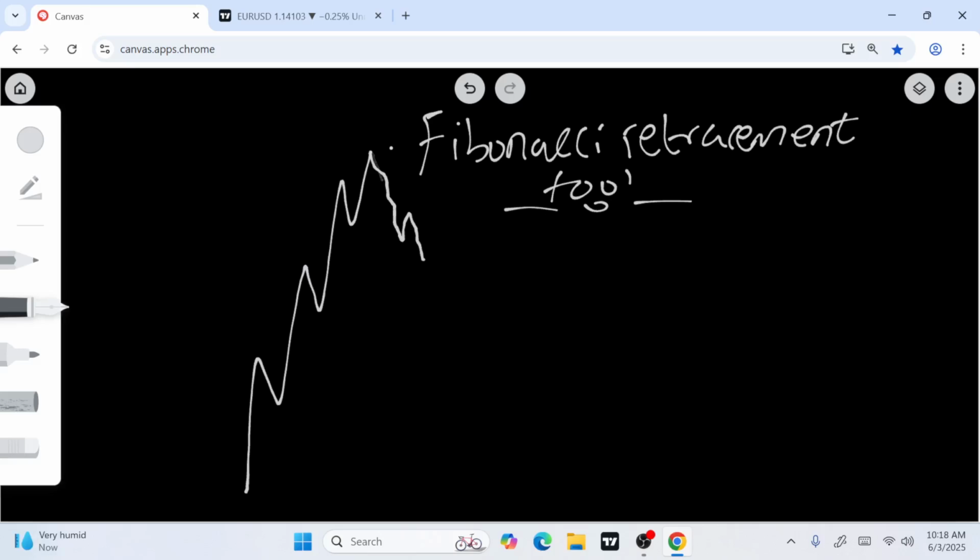Are you following, guys? So what will you now do? For you to know at which point this retracement is going to end, you can now use your Fibonacci retracement to take it from the low, where is the low, to the high, where is the high, looking at those percentage ratios to know where this retracement will get to. And we are expecting that it gets to 50 to